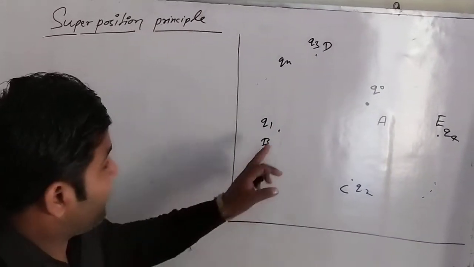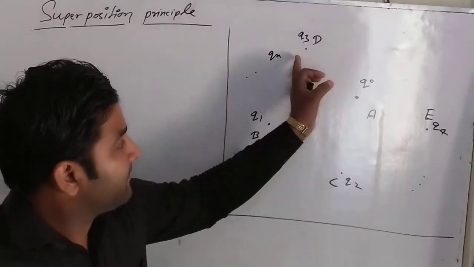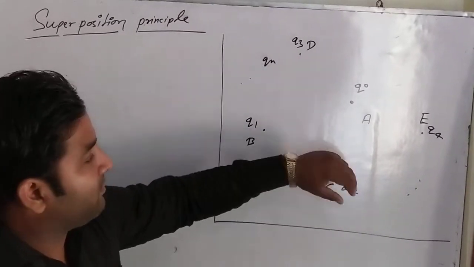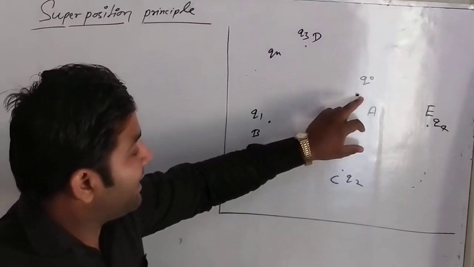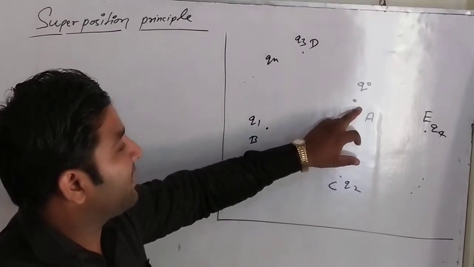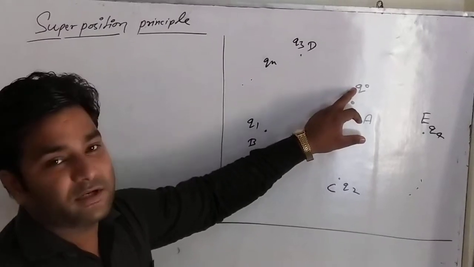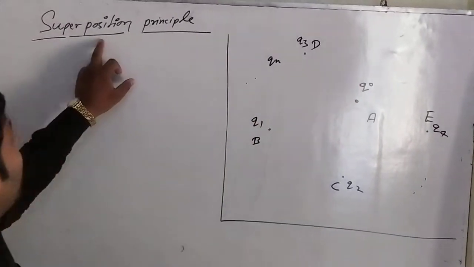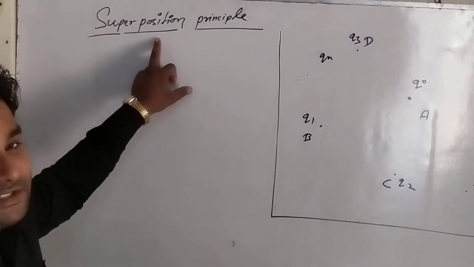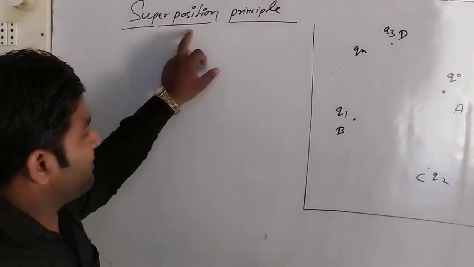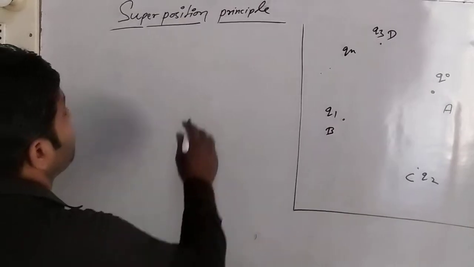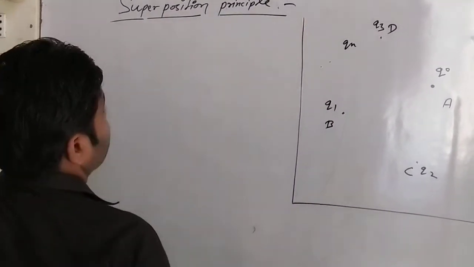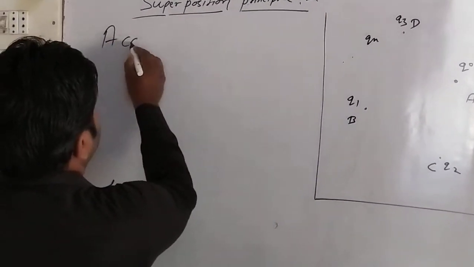With the help of these charges, the total value of electric field or the total value of force at this point A on the test charge we can calculate only by applying the superposition principle. So with the help of the superposition principle we can easily find such types of forces. Then see what the concept of the superposition principle is. According to this principle,